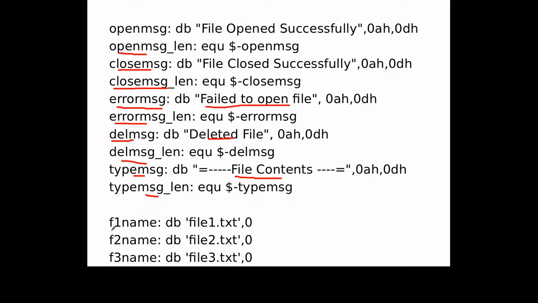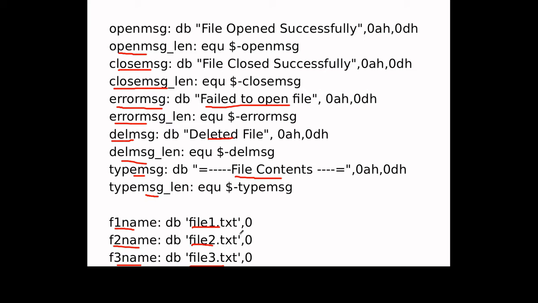Now we are taking the files for the operation. The first file is file1.txt, and we store it in f1name. f1name is the variable, then file2.txt in f2name, and file3.txt in f3name.